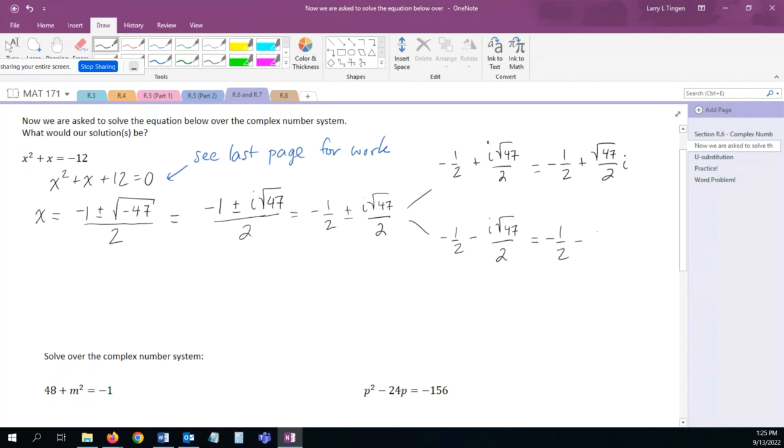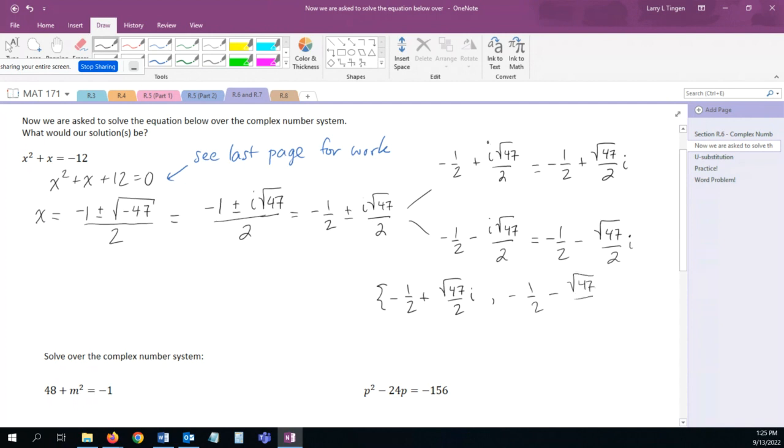But again, I'm more so telling you about the reasons I put things where I put them, not because there's actually a reason, just because I have my own habits. So the solutions will be written as this pair